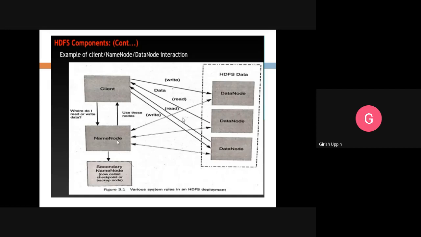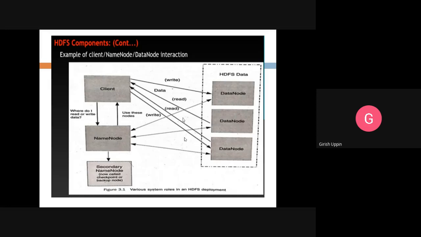And during the read and write operation, let us say some of the data nodes fail, and then there will be difficulty in doing the read or write operation. What the name node will do is, once it gives the information to the client for read or write, it will start monitoring those nodes. It will check their heartbeat and make sure those are working until the read or write operation is complete.